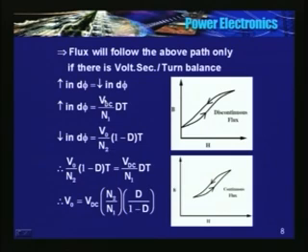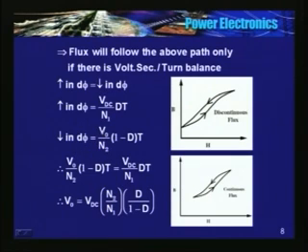Volt-second per turn. What is that? See here, VDC into dt, where dt is time: volt-second per turn. Per turn, it is nothing but the increase in flux. So the source voltage is the one forcing the flux in the core. VDC divided by N1, into the time for which the switch is closed, dt, should be equal to the decrease in flux.